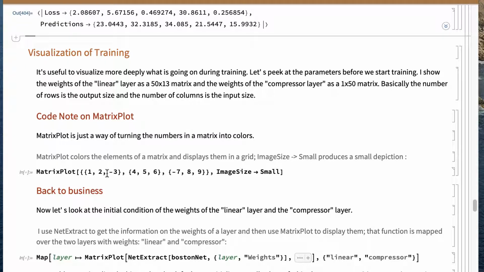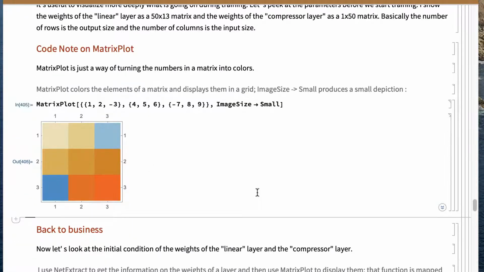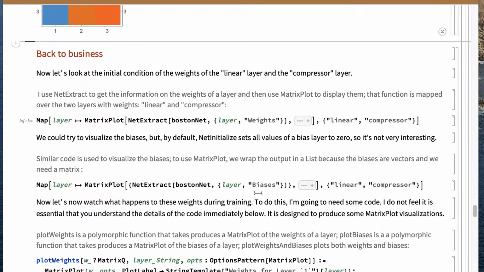We're going to make use of matrix plot. I think we've seen matrix plot before, but it's just a picture of a matrix. So here you can see -7's kind of blue and 9 is kind of orange. So it's by default operating on a bluey orange scale. All right, let's look at the